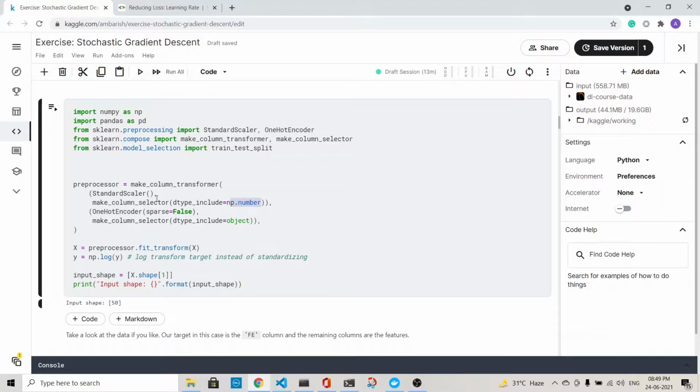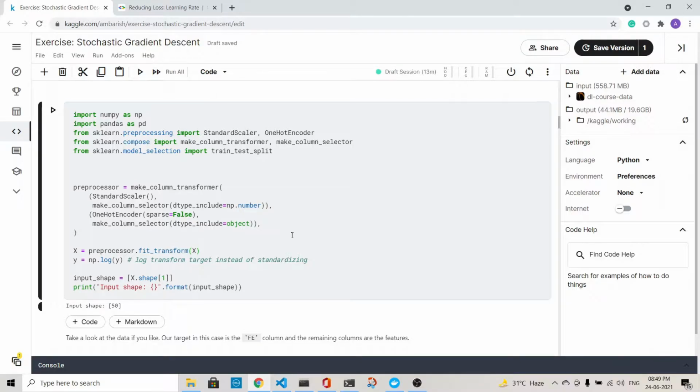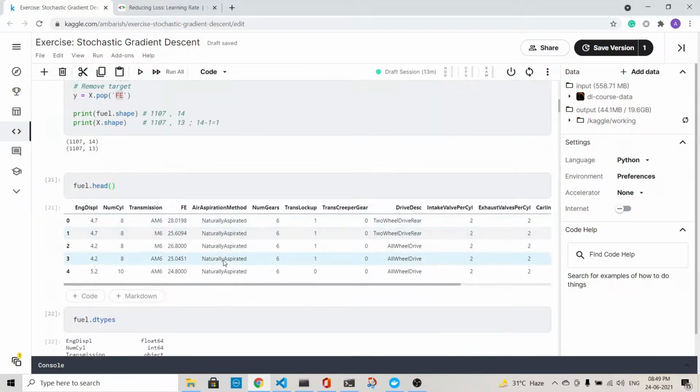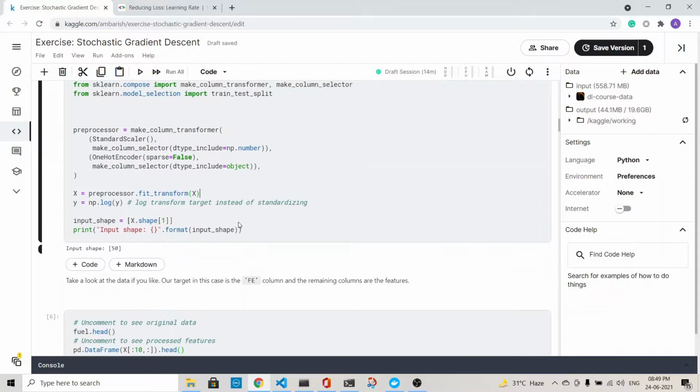So np.number, the standard scaling is done, and for the textual ones, we are doing a one hot encoder. What it would mean is that for these values out here, you would get a number of columns. So if you have three types of air aspiration method, you would give three columns for that. So the number of columns, we will see that it would increase after that.